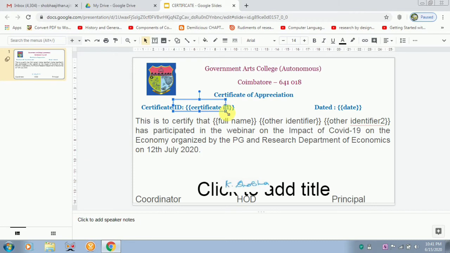I will just correct it. So there should be a box wherever it has to be typed automatically. There should be a box. So you've got a text box here. Here there's a text box. Then for all these three, I've got a text box. This is how your certificate should be. Later, I'm just closing it.